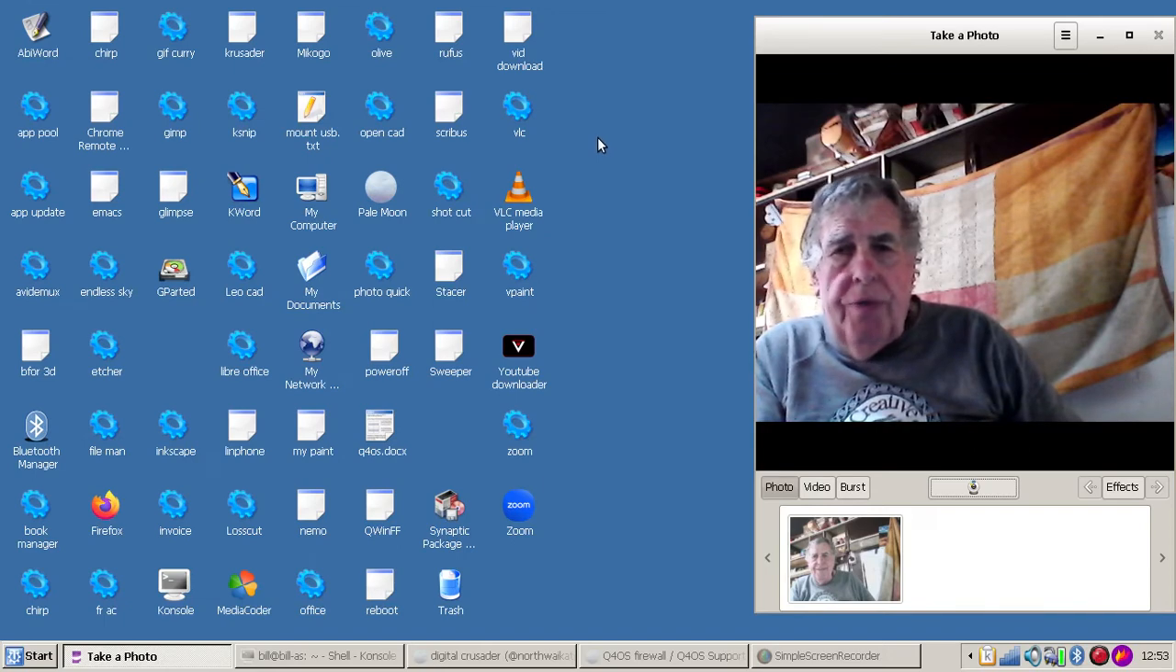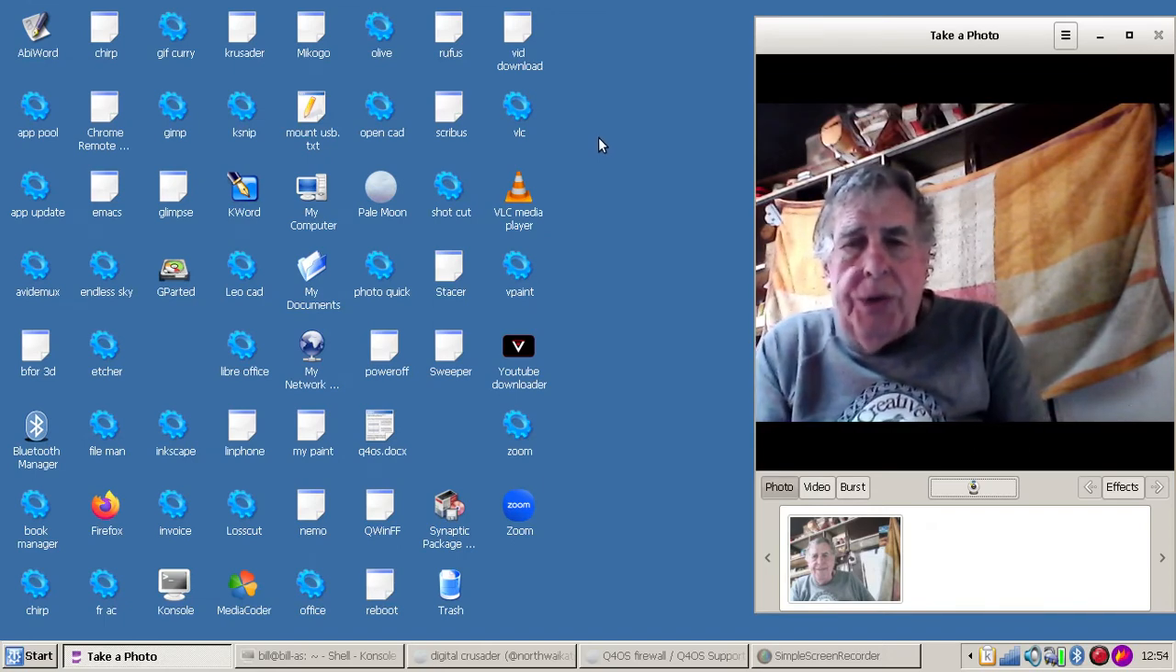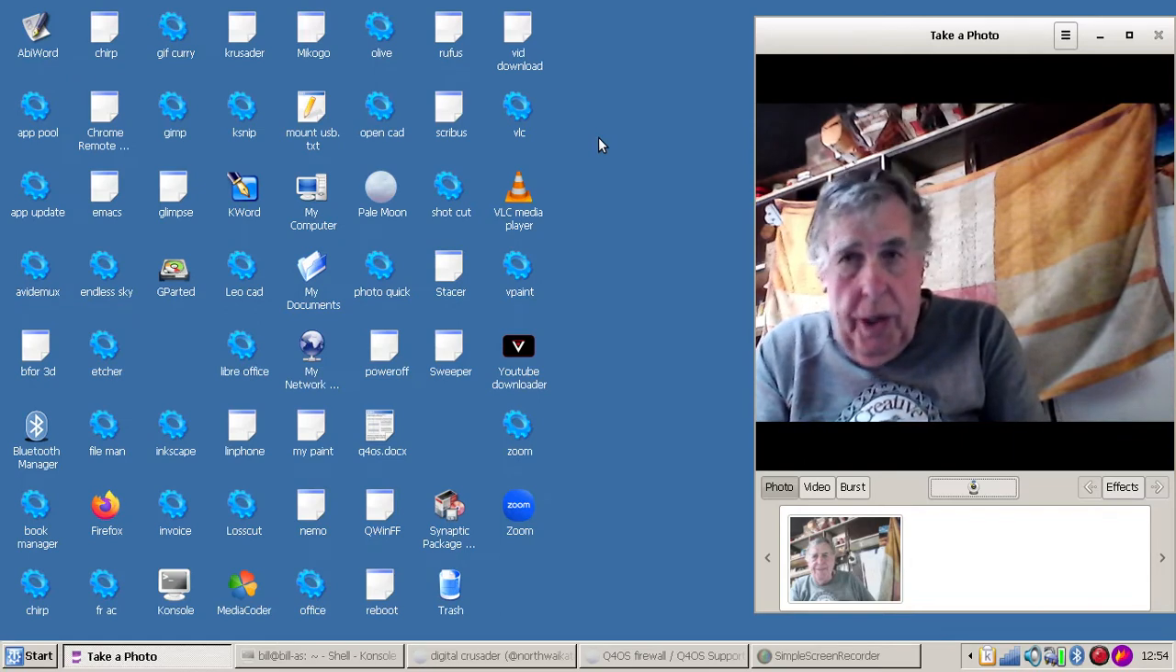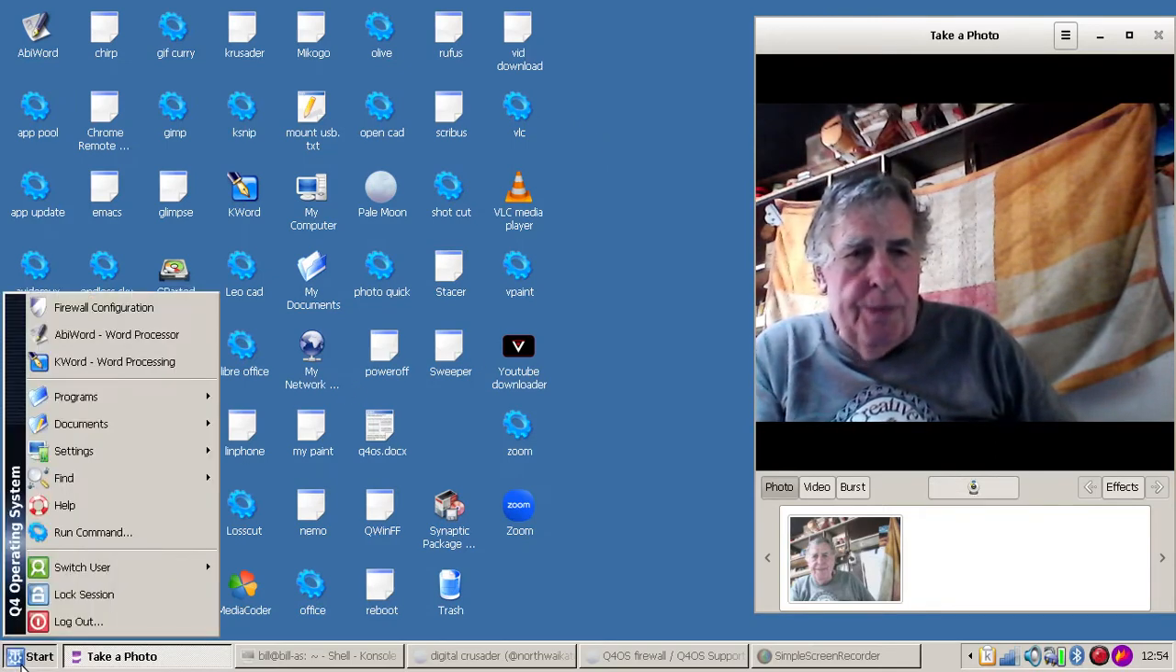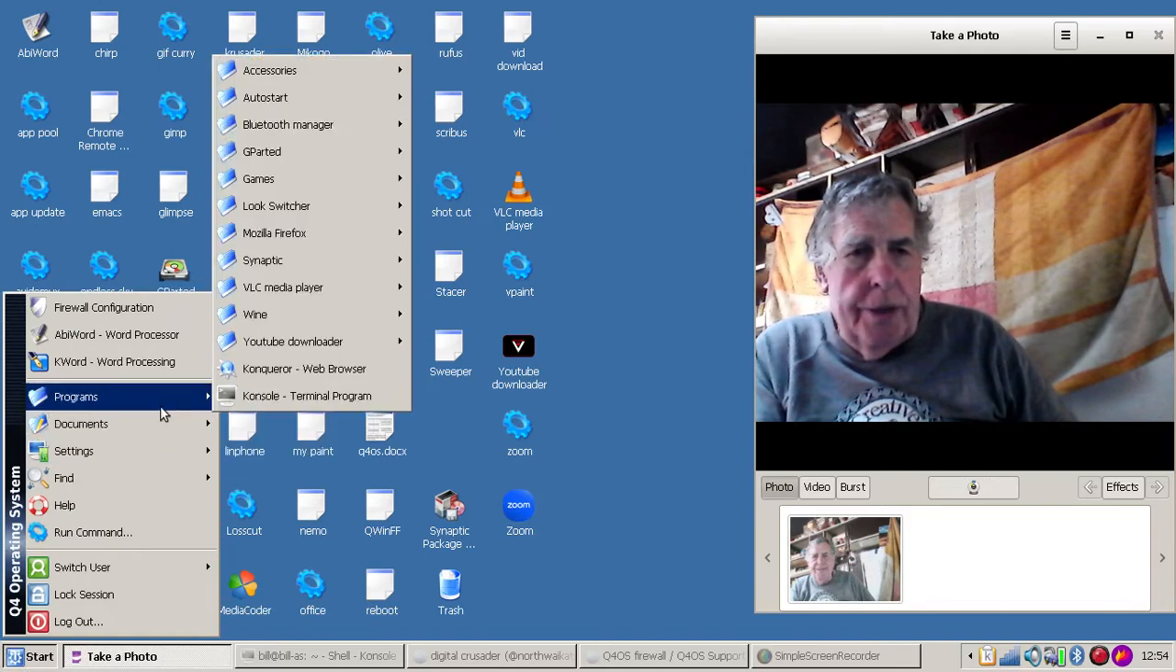So I like Q4OS, although I had a little bit of trouble getting the grub sorted out, but it was just a matter of going to the BIOS and changing it there, although I had a problem there because somehow a password got put on my BIOS, but I eventually got rid of that. So I like Q4OS because it's actually like Windows. I was just looking at a minute ago,